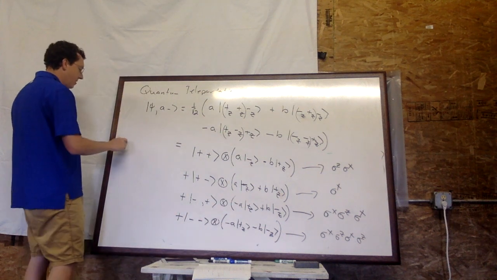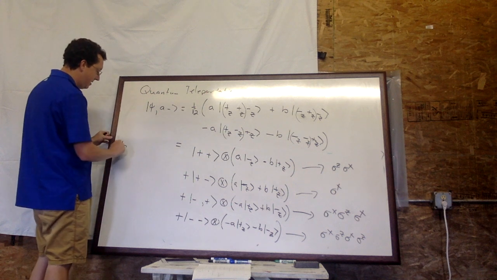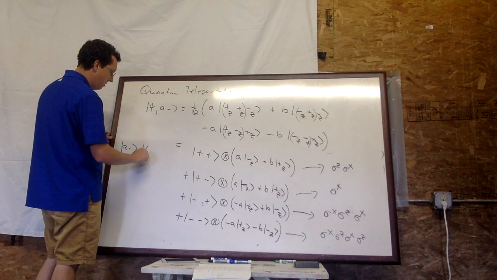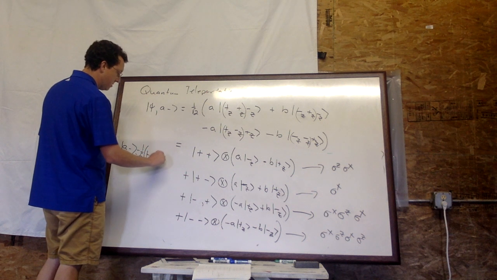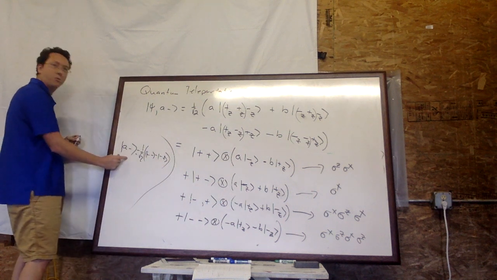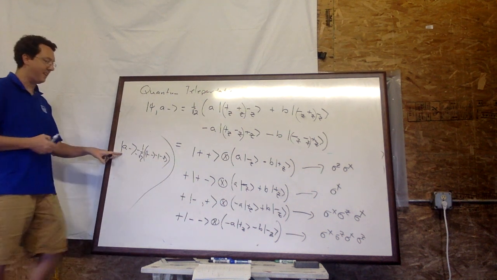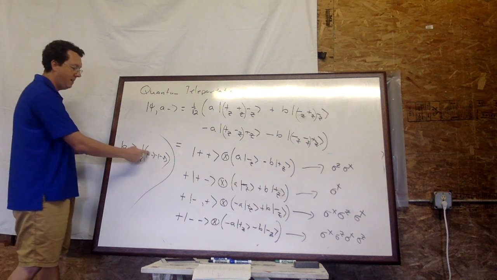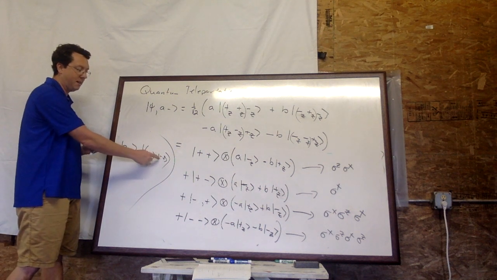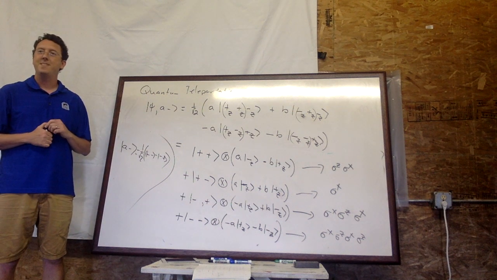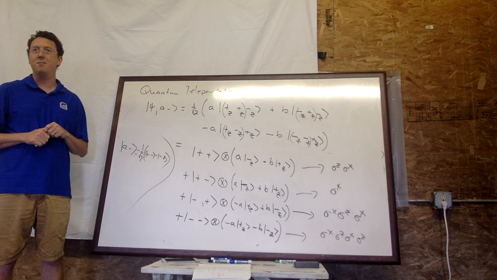You can say the total system is 100% A minus, which was 1 over root 2 plus minus minus plus. Okay. You can say, I know for sure the total system's in this pair, in this state. And yet I can't tell you what either person will see. Half the time Alice will measure plus, and half the time Alice will measure minus. I can't say what Alice will measure. So that's why the intuition's so hard, because